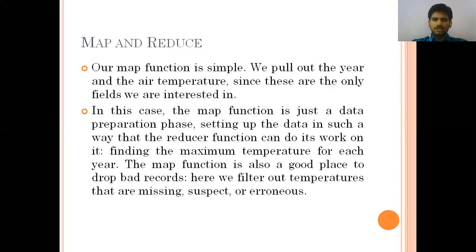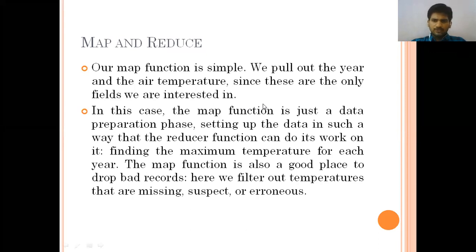Once the year-wise temperature is mapped, the reduce is going to finalize it. Again, in a year we have different places of data, and different times of weather data will be available. In the particular year, what is the highest temperature? That we need to find out. So we consider eliminating the other data at the start itself. The mapper function is going to eliminate the others, so unwanted data is dropped.